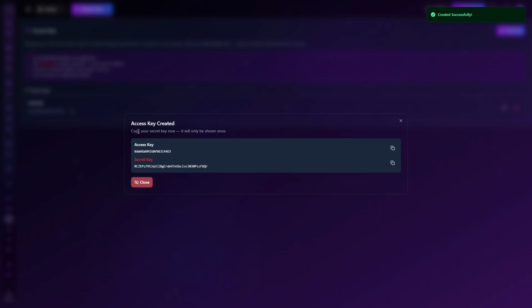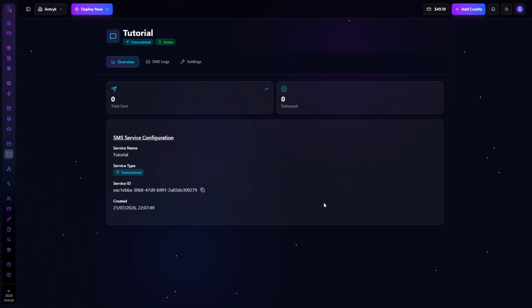After that, copy your secret key as well as your access key, because the secret key will be shown only once. So let's do that. Now we have all three things required to work with the SMS service: our access key, secret key, as well as service ID. Copy this and note it down as well.